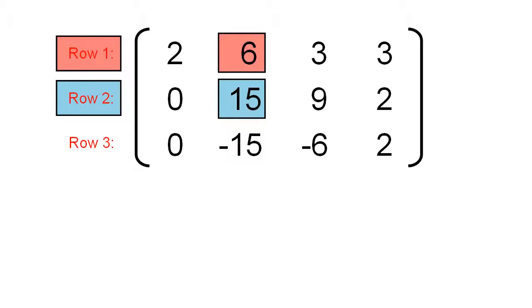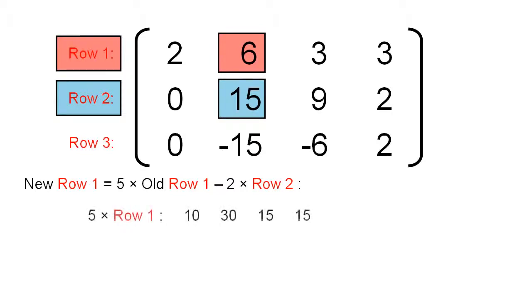If I multiply 15 by 2, I get 30. And multiply 6 by 5, I get 30. So let's see, what we could do is for our new row 1, we could do 5 times the old row 1, that'll give a 30 there where the 6 is, minus 2 times row 2. And that should work. So if I write that out,